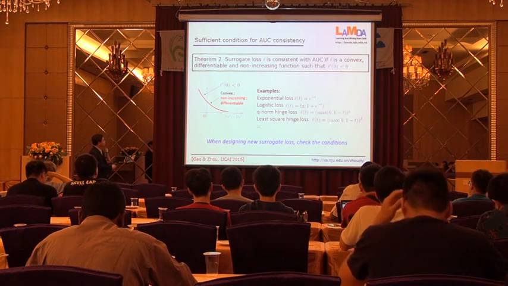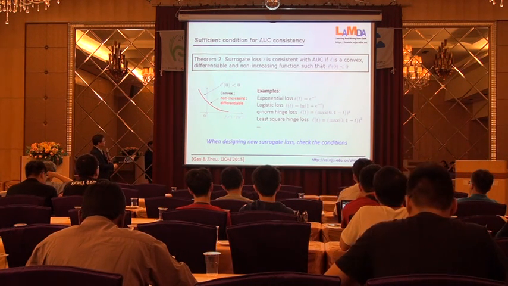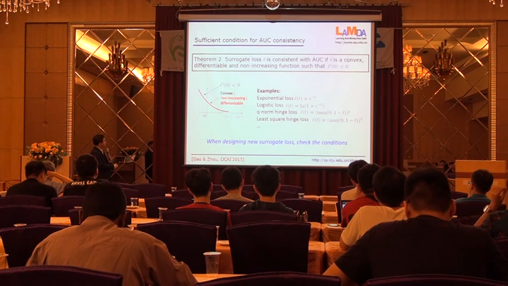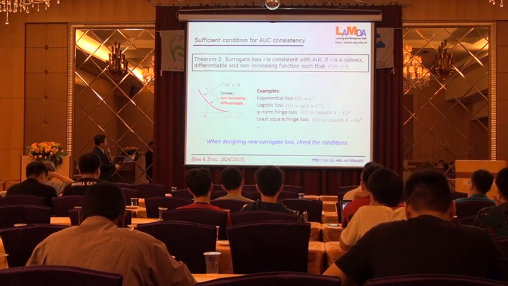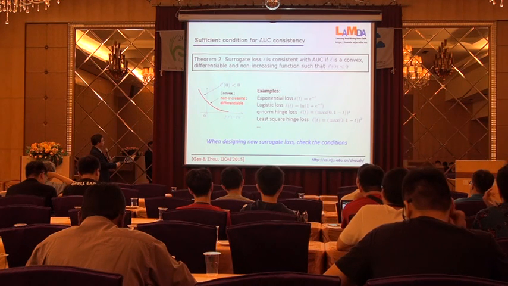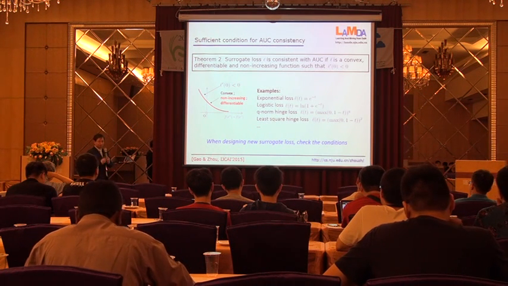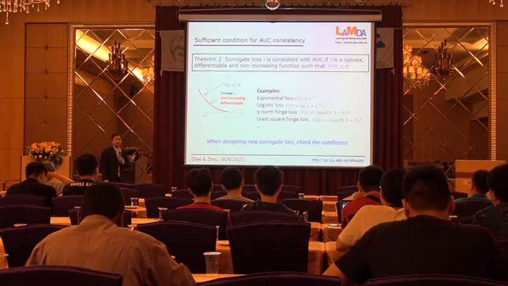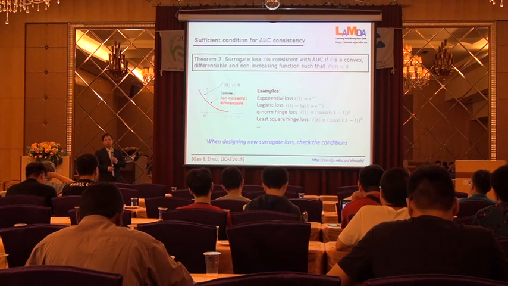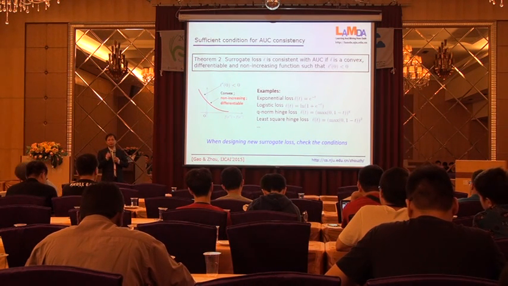We prove that you need another two conditions. First, the function should be non-increasing. The second is the function needs to be differentiable. Then if you have these three conditions, the first, calibration, plus these two, then the function can be consistent with AUC. So that means in the future, if you want to use gradient descent, then you can use least